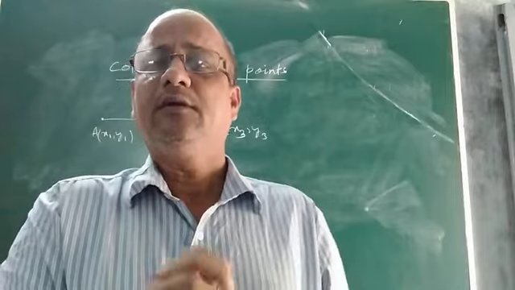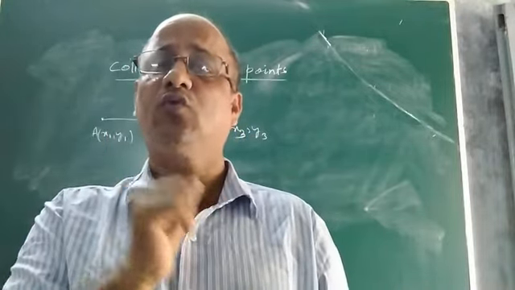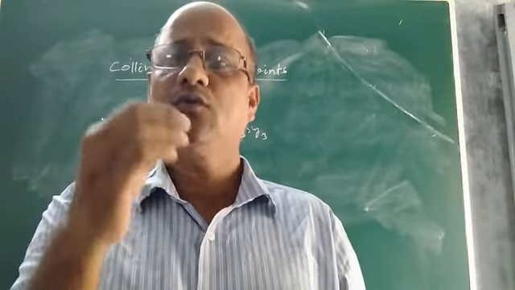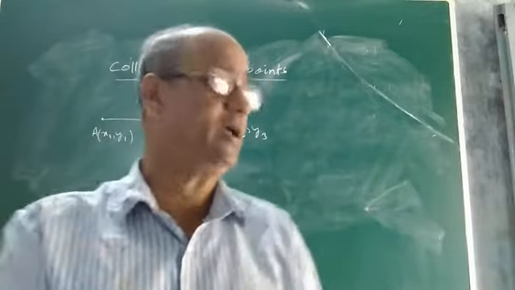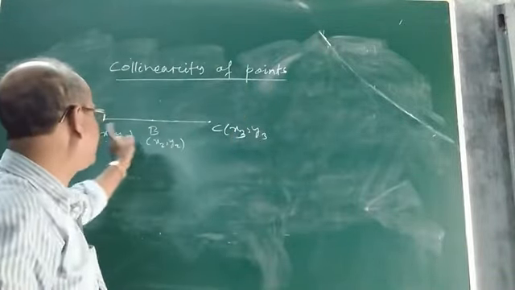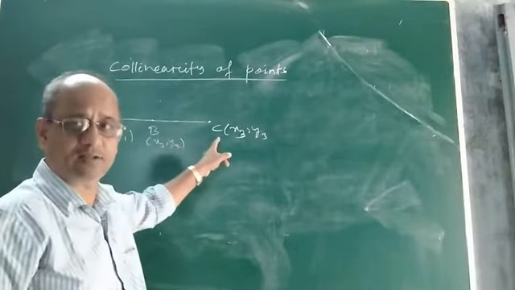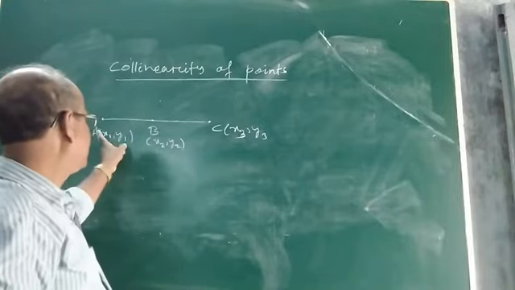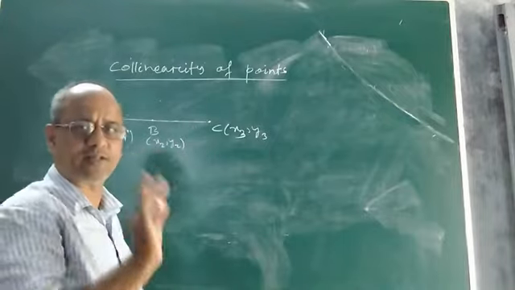Okay. Now, using the concept of coordinate geometry, how to know whether 3 points are collinear or not? Suppose you are given 3 points. The coordinates of the 3 points are given. Let us consider 3 points, suppose A, B and C. Look at these 3 points. Clearly they lie on the same line, in the same plane. Now, these 3 points have coordinates. What are the coordinates of the 3 points? It is given to you.